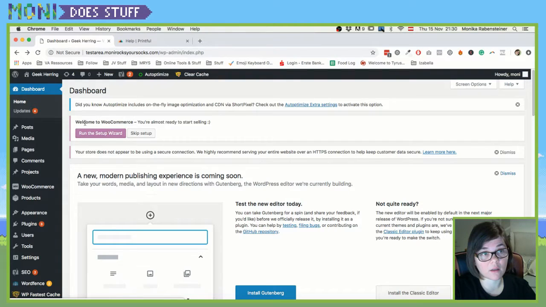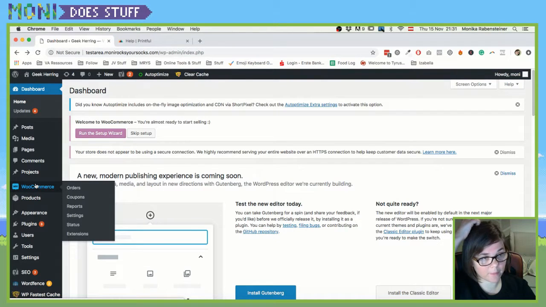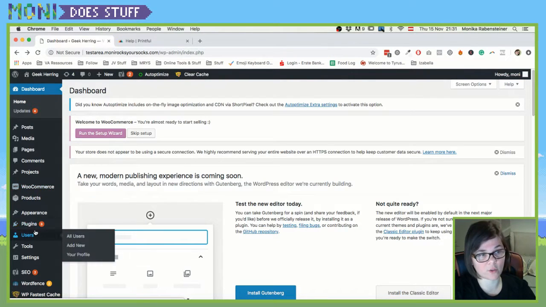as obviously like actual products. And for our Geek Herring, we are planning on adding a merch store with all the awesome things. So basically, if you want to install WooCommerce, you just simply have to go to the plugins page,